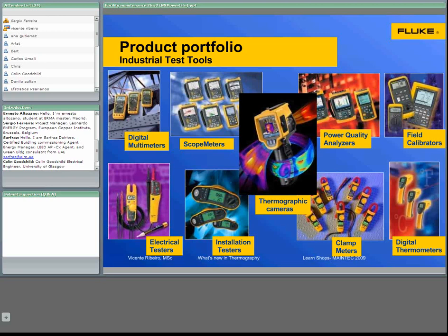So what is thermal imaging? Thermal imaging is the science of seeing temperatures, of seeing heat patterns, using, of course, special electronic cameras, what we call thermal cameras. These cameras, instead of seeing the image like we have here to the left, the visual picture, they also see a thermal image. The difference between these two images is that the picture to the left, that we can see with our own eyes only, is a reflected image. The picture to the right is an